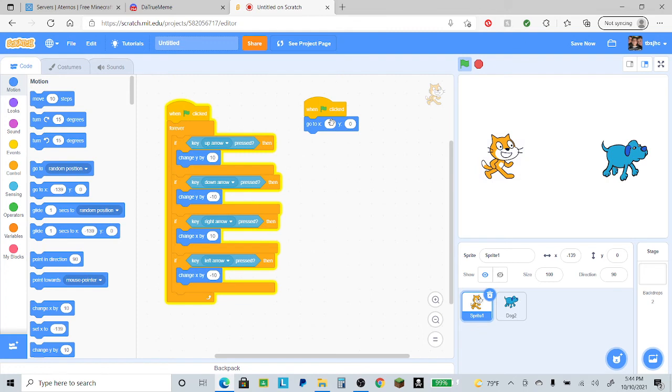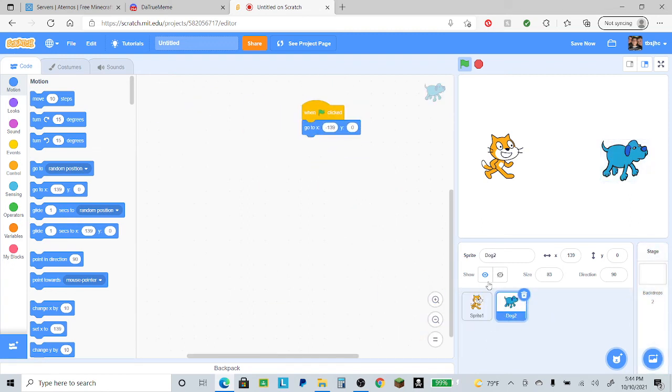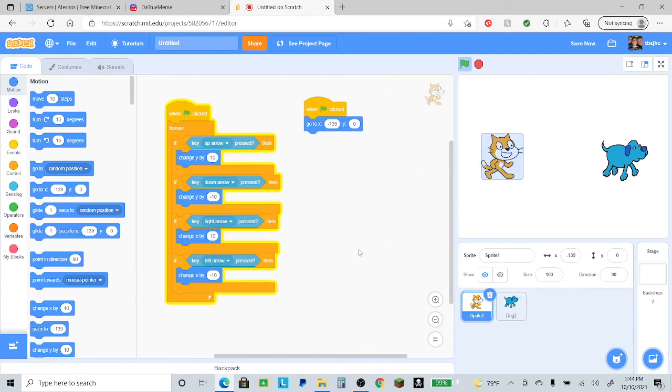So now let's make this negative 139. And something cool is you can take a block of code and then drag it into a different sprite, and then it'll be there. So now instead of negative, it'll start at normal 139. So now to make the enemy, we want to